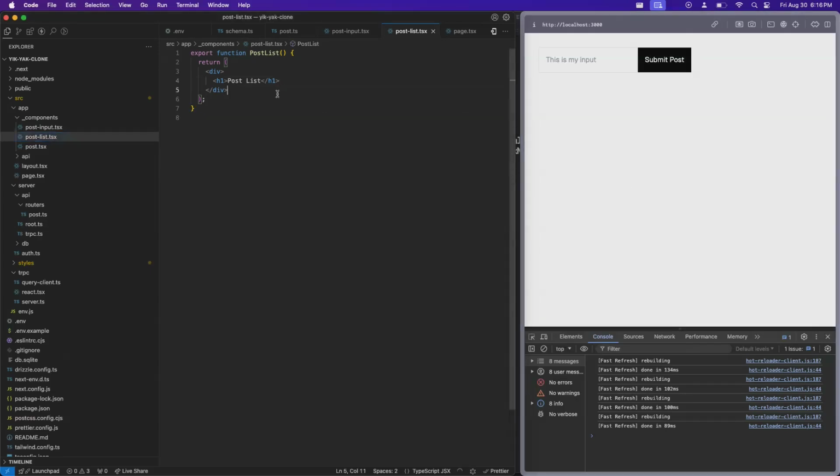So you want to server-side render things that won't change a lot. In this case, we don't want to server-side render posts because posts are dynamic. As we're developing here, every time the user refreshes the page, they could see new posts. You want to server-side render static content. So let's say